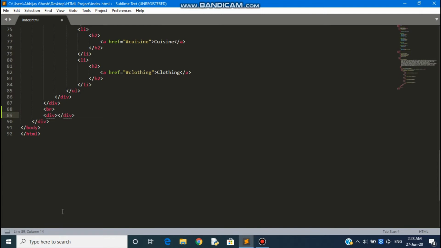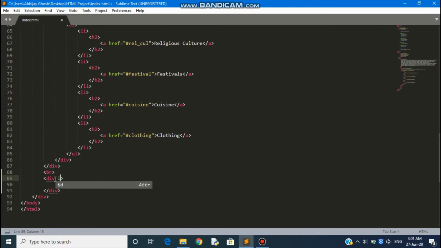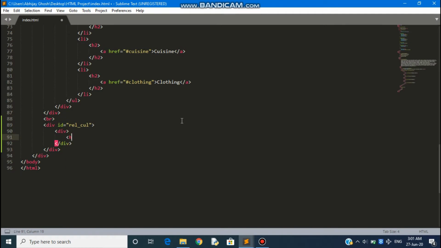I open a new div tag with the ID relcul. Inside that div, I open another div which has a heading of religious culture. That religious culture will lie inside an h1 tag, and the div tag surrounding the religious culture will have a style.